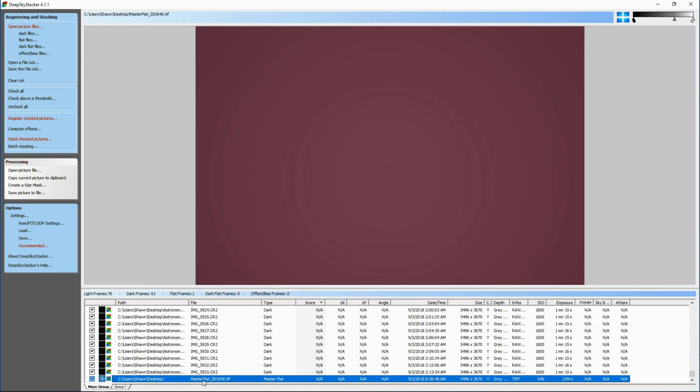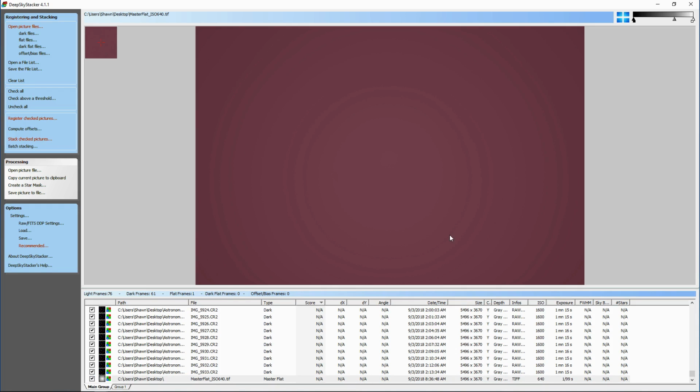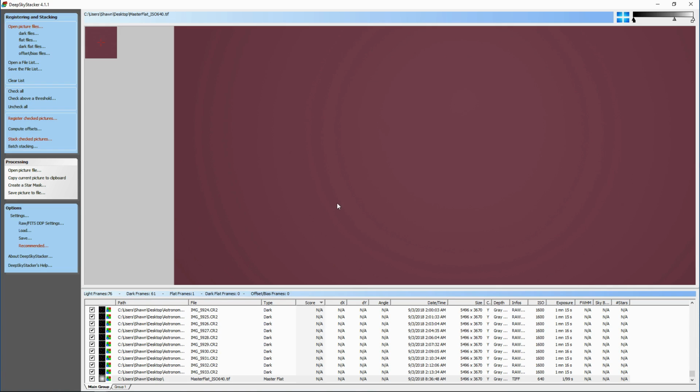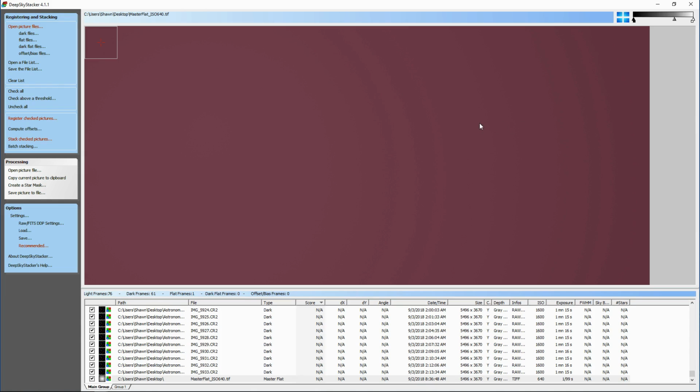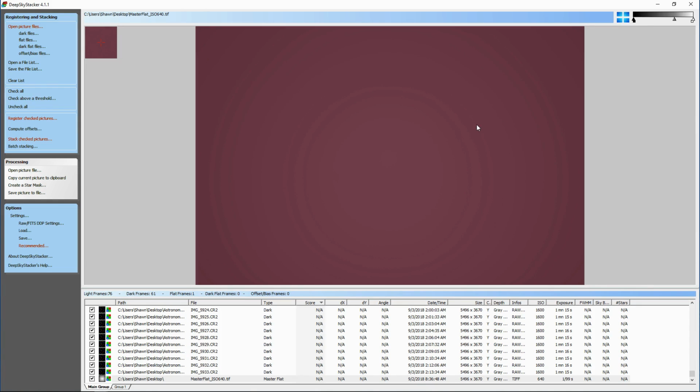A flat frame is very different. In a flat frame, you can see the vignetting pattern of the lens, and the Rokinon 135 actually doesn't have a lot of vignetting, but it's enough to where I still want flats to take care of it. It's also going to map a little bit of dust. You can see here, I think I have a dust mote somewhere around here, and I really want to take care of all of that because dust on the sensor or the lens is going to mess with the intensity